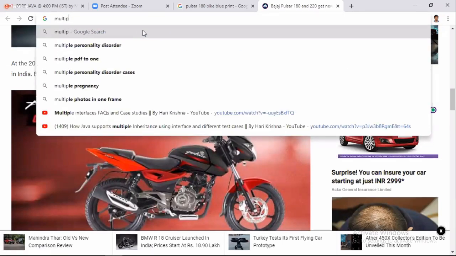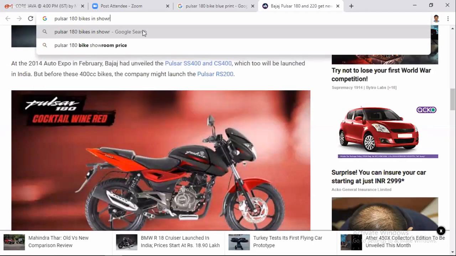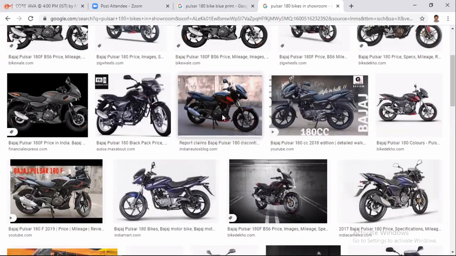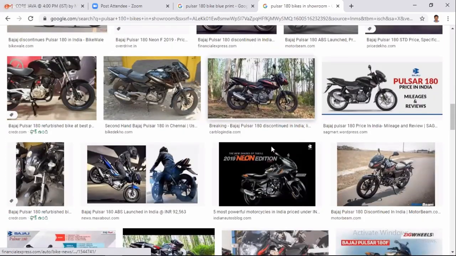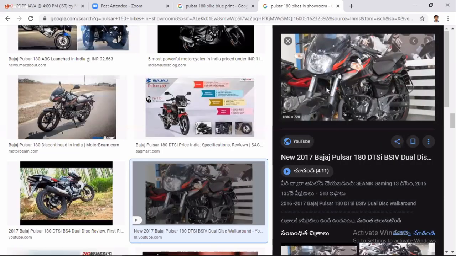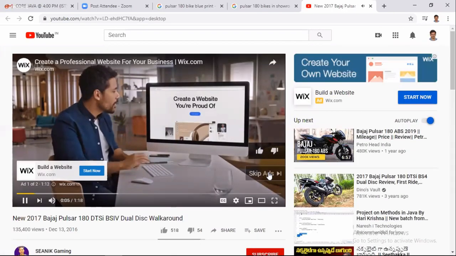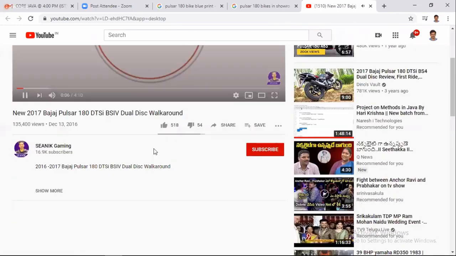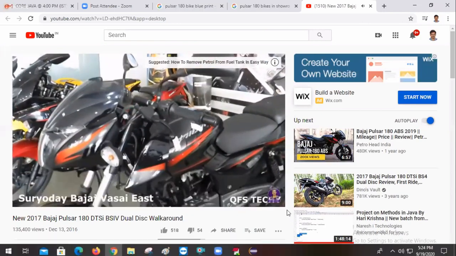Multiple Pulsar 180cc bikes are now in the showroom. Look there, all the bikes are now placed inside this showroom.